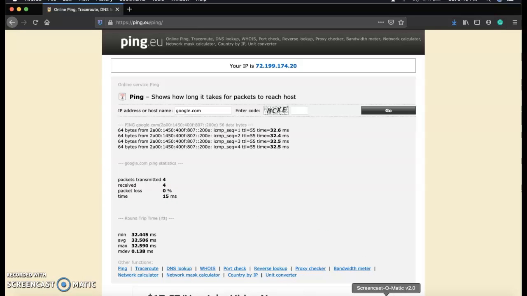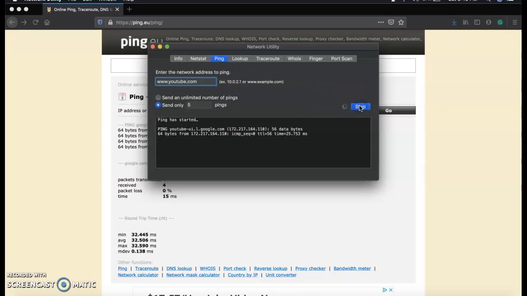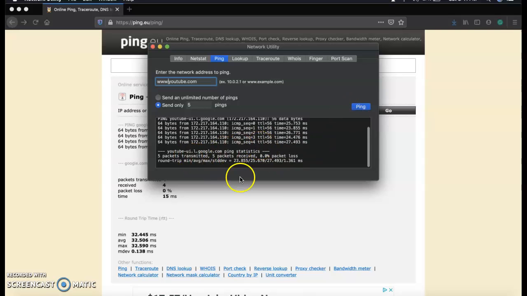So using my computer's tool to give me the same thing, I will set it to send only 5. The default that it gave me before is 10, but I'm only gonna shoot for 5 pings to send. And I will try youtube.com again. And with 5 transmitted,